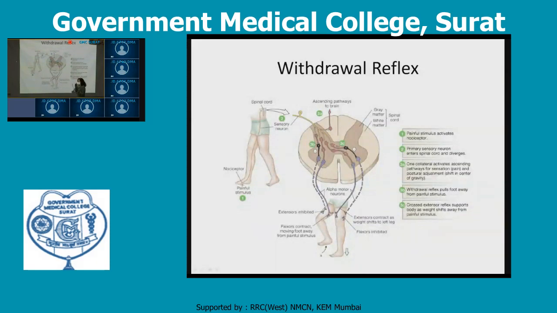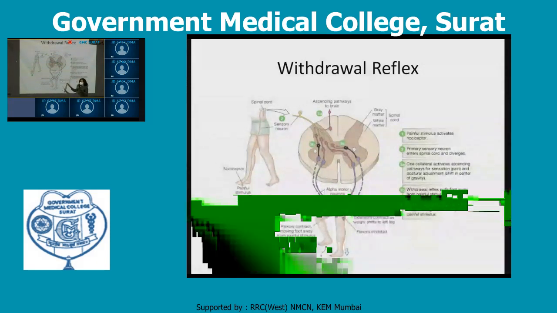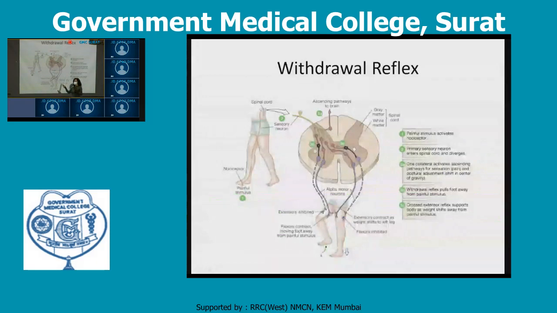Suppose some painful stimulus is applied on your hand, what will happen? You immediately lift your hand and move back. There is extension of the other limb. Multiple changes occur in your body position. It is the flexion in the affected limb and the extension of the other limbs. The extension helps in maintaining the body posture.